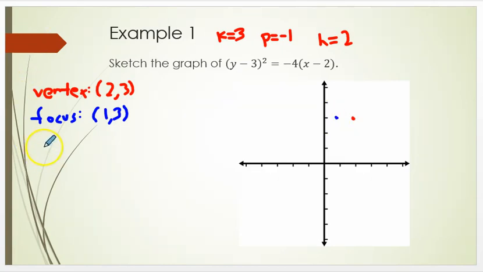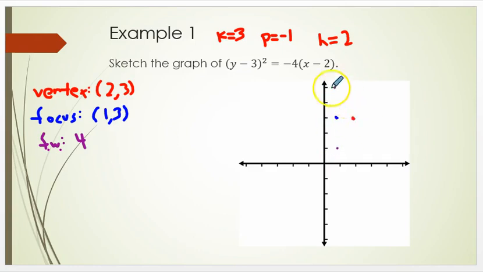Now the last thing I use for sketching a good shape of the parabola is the focal width. And I'm just going to abbreviate that as FW. The focal width is the 4p value. Now make sure you take the absolute value of this, but it's whatever your coefficient is. So the absolute value of -4 is +4. So what I know right now is that going around the focus, the graph should be 4 all the way across. So half of that distance up in this case, and half of that distance down in this case,